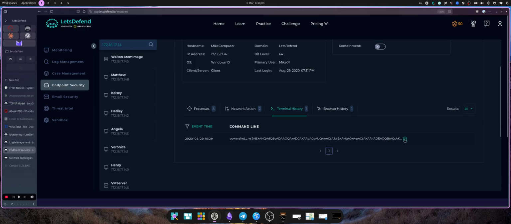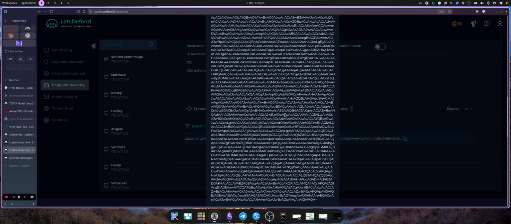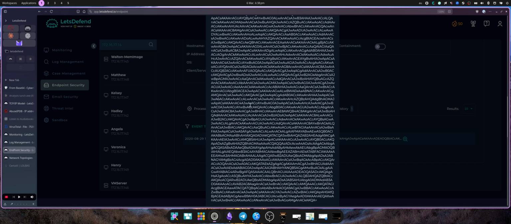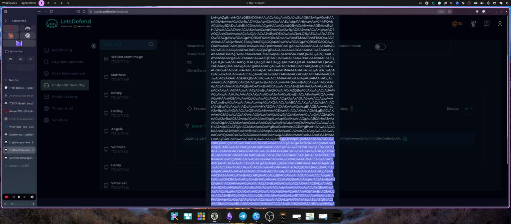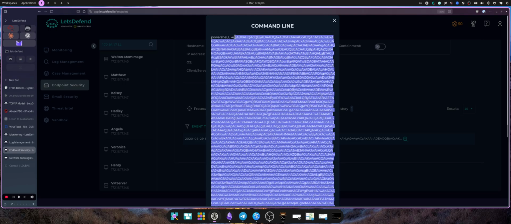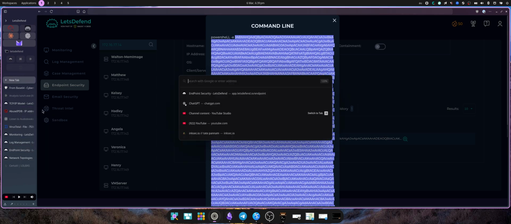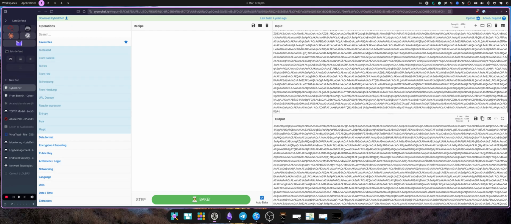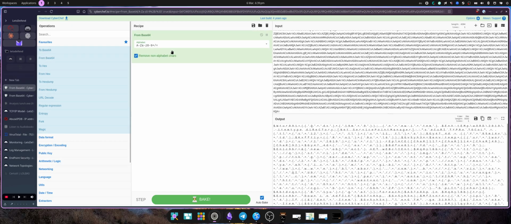I've got the 198 and the 67 address. Oh. So that's a worry. That is a worry. So that looks like base 64. Do we have a CyberChef? A CyberChef, sorry. From base 64. Oh, there's got to be another filter we can apply to make it a bit more readable, but